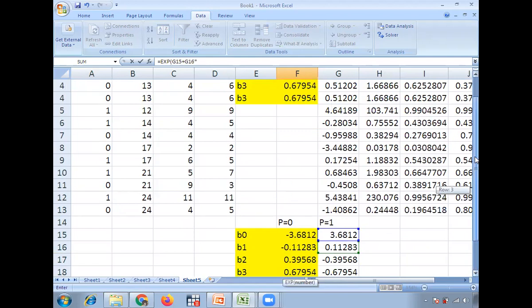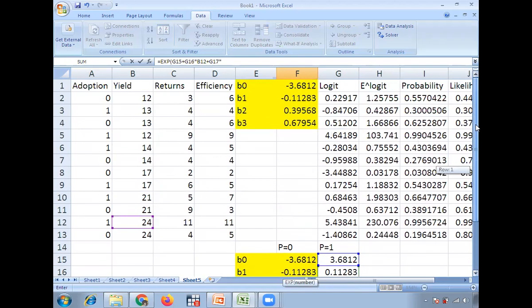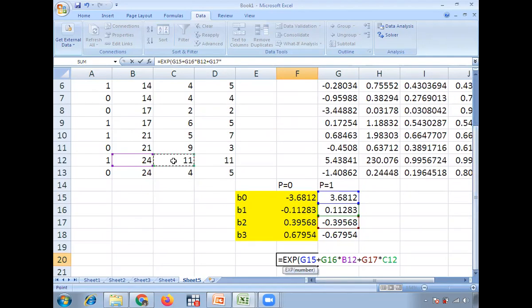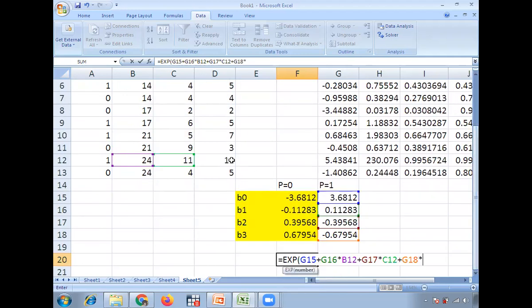If the farmer obtains a yield of 24 quintals, for example, then the coefficient of the second variable. And if his returns happen to be some 11,000, for example, then his input use efficiency increased 11 times. If the farmer happens to obtain 24 quintals of yield,